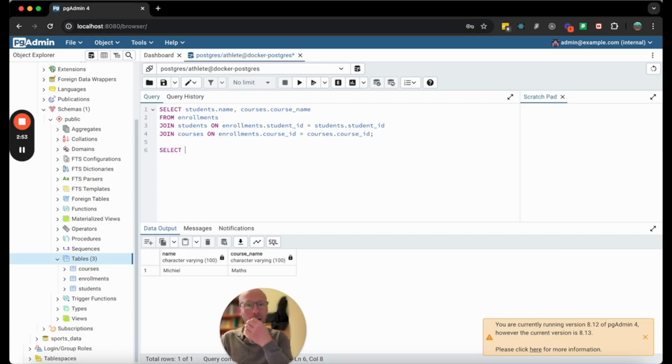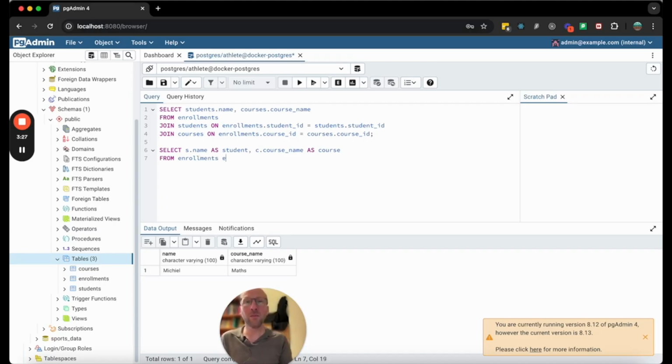Select, and what I can do is I'm going to say s.name instead of students, and this is student, and instead of courses I'm going to say course, as course,